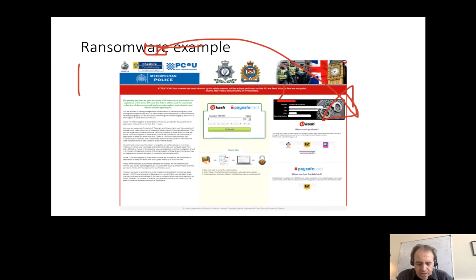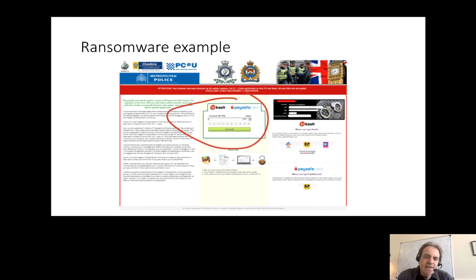Okay, so one that's been around for a while is the one that normally shows a picture of law enforcement, and it says that you've visited a bad site and that you must pay for the crime. There is normally some payment that you would make in bitcoins and so on. You've been detected in performing a crime, and then you must pay. You'll find that it's customized for the country and the region that you're in.